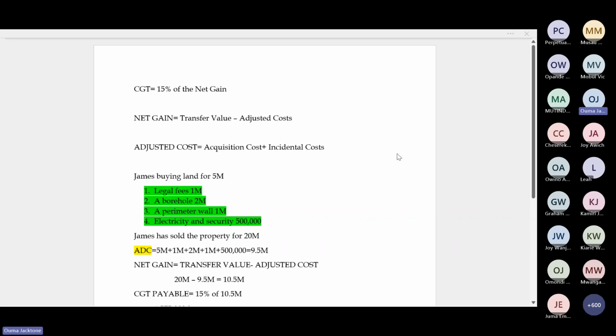You can't have a check of more than 1 million shillings. It will take years and years to clear. So you can only have a check of less than 1 million shillings. If you want to pay 2 million to somebody, write 4 checks, and they will clear in the shortest time possible. So checks are considered low value payment systems because they don't encourage checks of more than 1 million shillings. Apart from that, we have the mobile banking or electronic banking systems that facilitate movement of money from your bank account to your mobile number and all that. We also have credit cards and debit cards, which I've already explained. Those are the low value payment systems that we have.